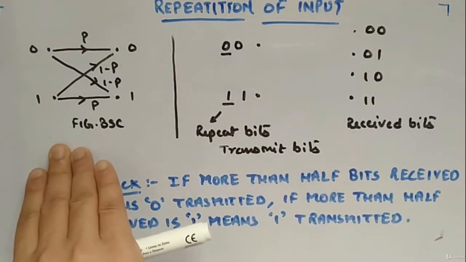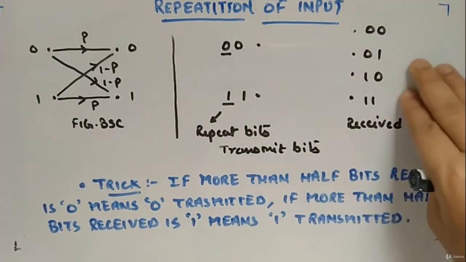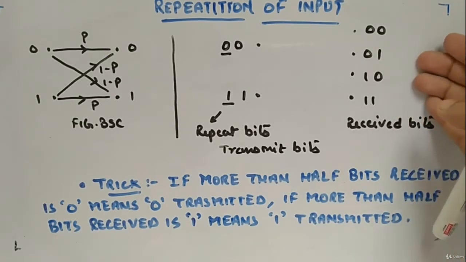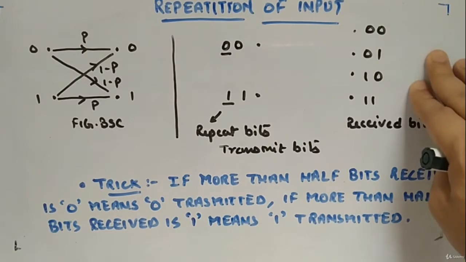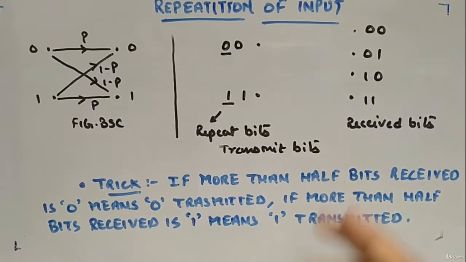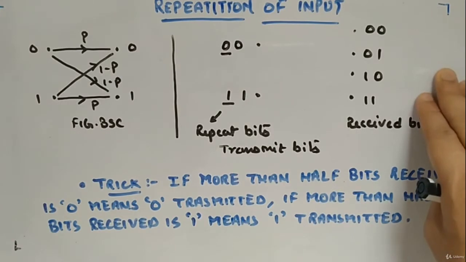We are already aware of this. We will calculate the channel capacity and so on for this scenario, and we will basically convert this into a binary symmetric channel and see how to deal with it. We are just repeating the inputs. So this type of change has occurred, you can see.